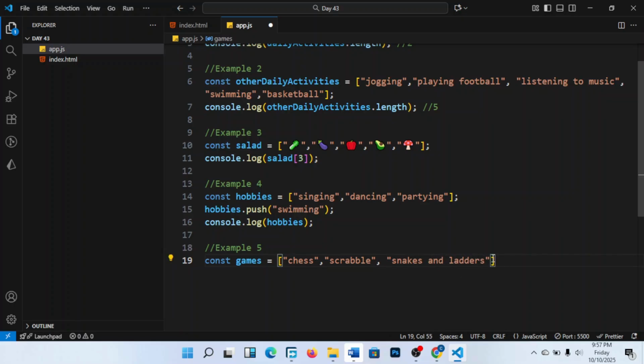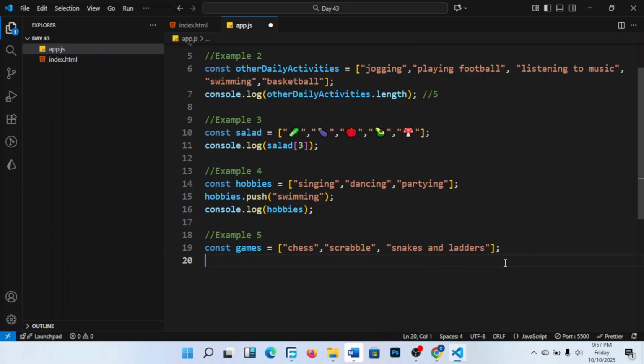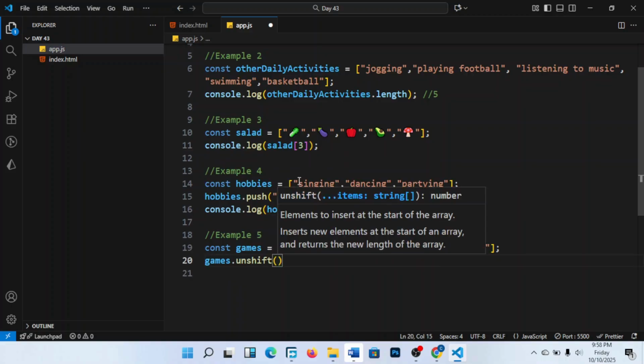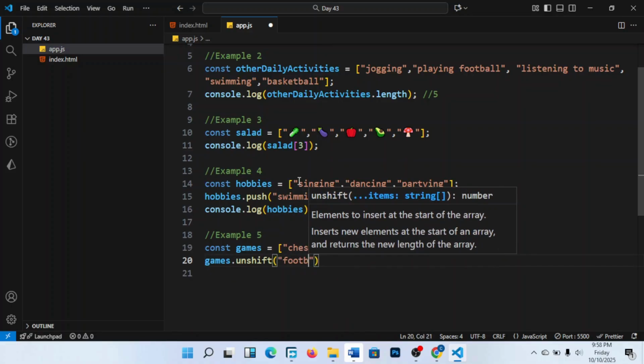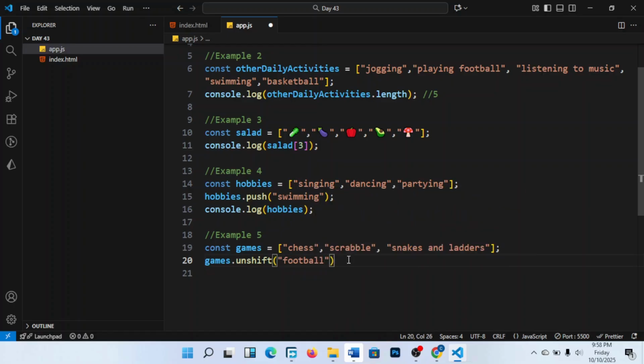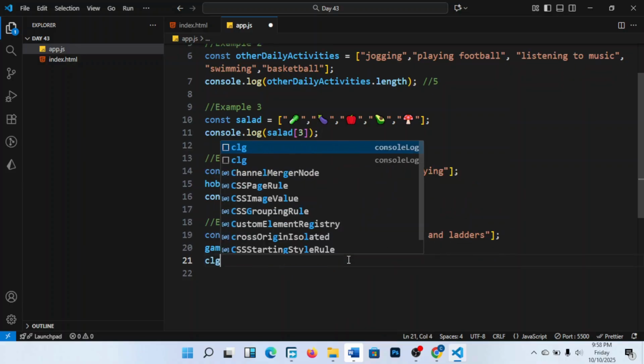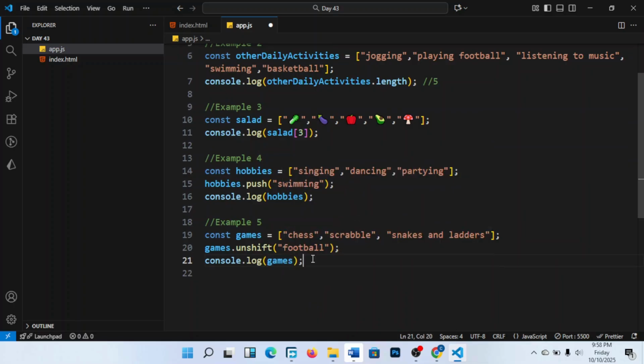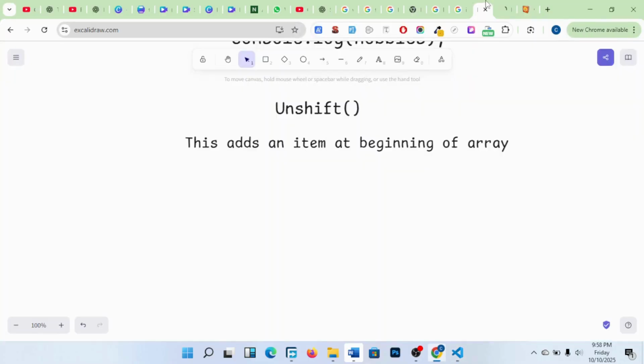So now I want to add another game which is called football, but the game which I want to add at the beginning of this array. Are you seeing this array here? I want to add a game called football at the beginning of that array. So what do I do? I put games dot unshift, then I add that item there, football. Then I put console log games. Now I'm concerned to see the games which are there in the array. So when I check the console,